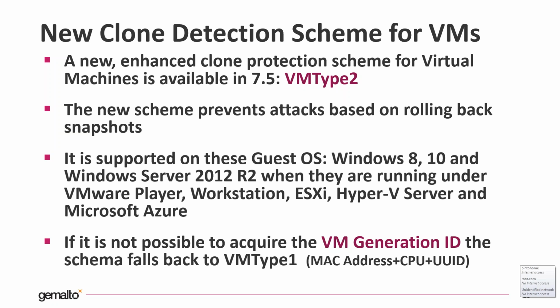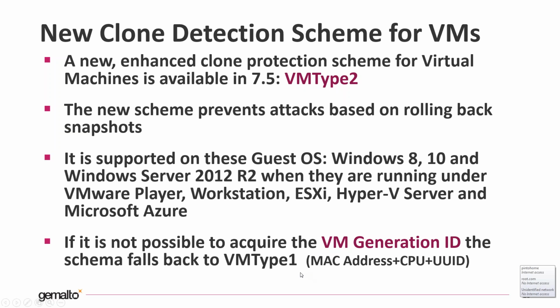It does that by acquiring the VM generation ID, the specific VM ID, and it generates the protection based on that specific ID. Then it recognizes if there was a rollback to another snapshot, and the license is going to be disabled accordingly. If the system does not recognize that, it will fall back to the default VM protection type,